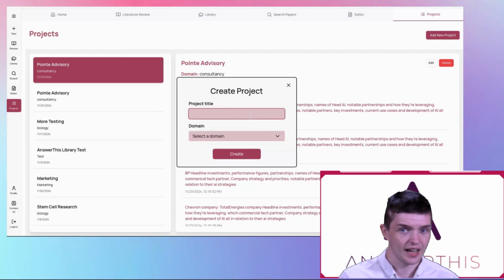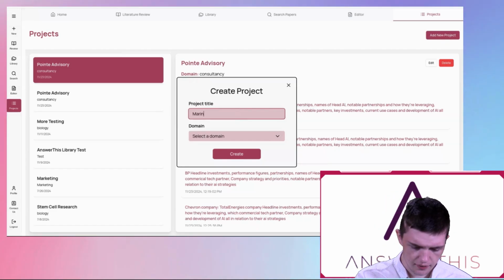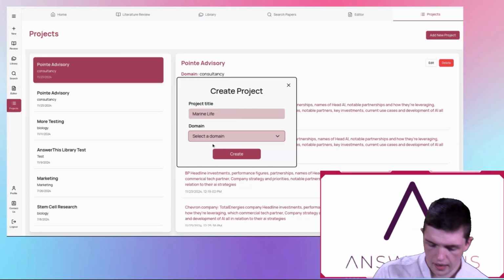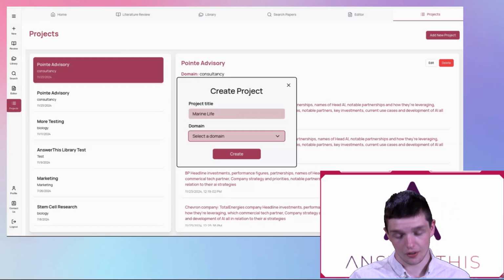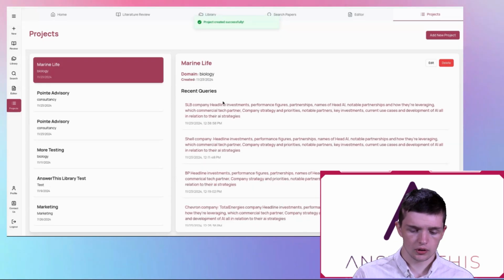So let's say I'm doing research on marine life. I can go ahead and just give it a label. We'll say marine life. And we can select a domain. We have lots of domain options here. I said marine life, so that's obviously going to be biology. And if we create, we have now got a new project,